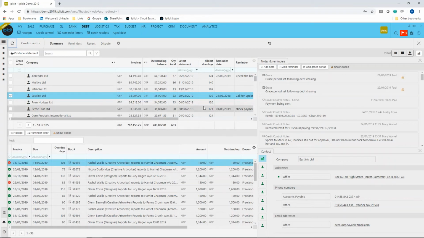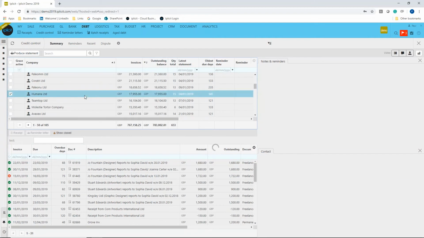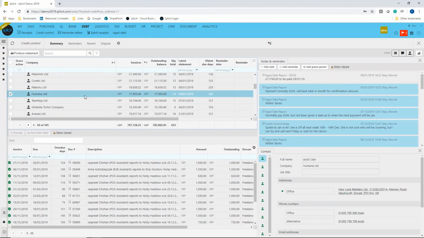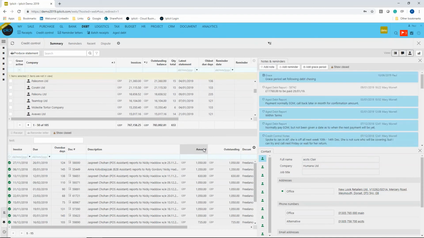What I can also do from here is I can speak to them. Perhaps let's just pick a different customer for a moment. You can see as I scroll through, automatically it updates. You can even say, well, I've spoken to them, they said the check's in the post, so I can add a grace period. So I can say, well, don't chase them now until early next week because they said the payment should be sent through by back. So I can submit that, add a grace period. They'll then disappear from my list of people that I need to chase,